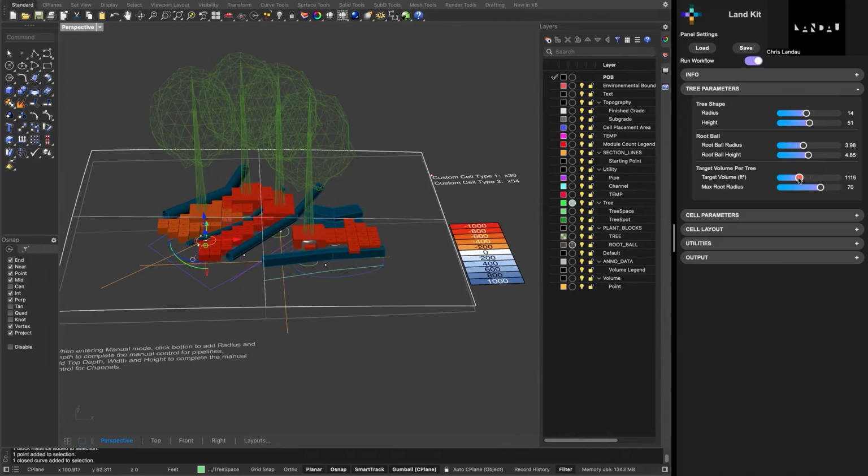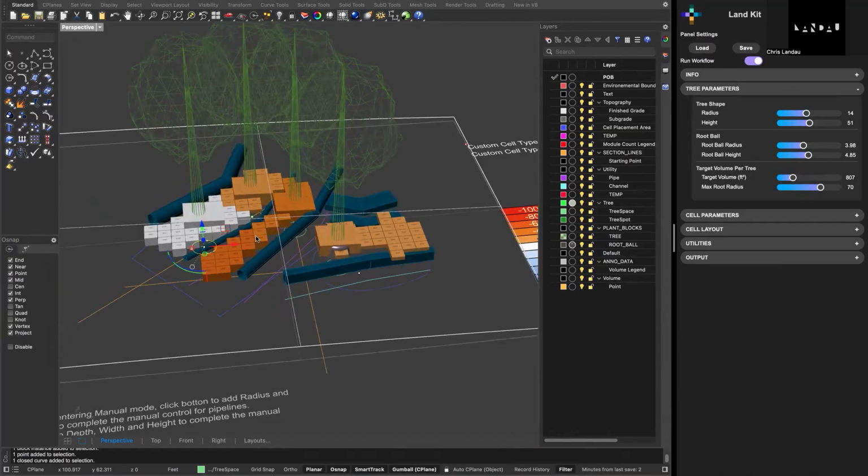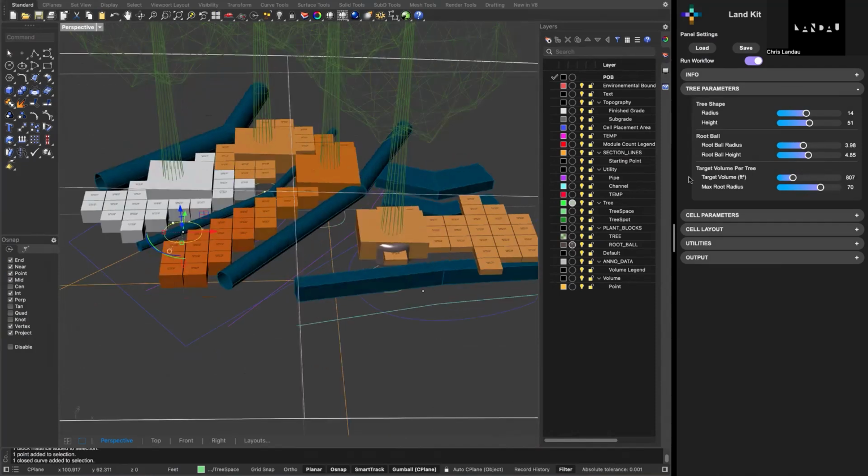So let's change that to, I think a recommendation is 1,000, but we'll do 800 since these are urban trees and there's greater limitations. So these are starting to look much happier, right? They're in a range where they're not too far under 400. That's about half of what this tree needs. But this is actually maybe for some reason this got categorized in a different location. That's partly because there's a max radius. So this tree has a max radius of 70. I think if I make this larger,